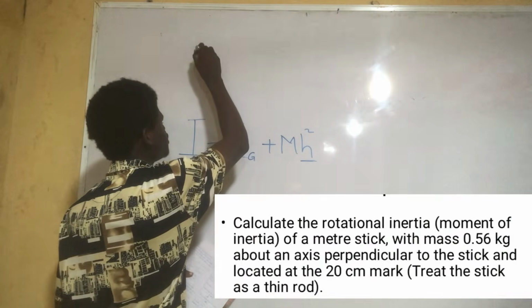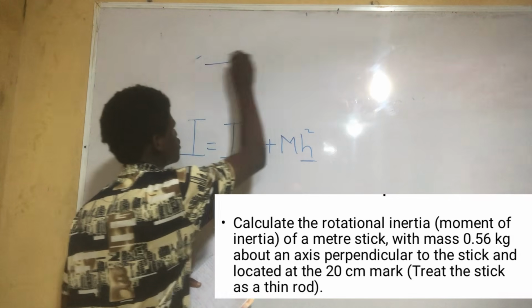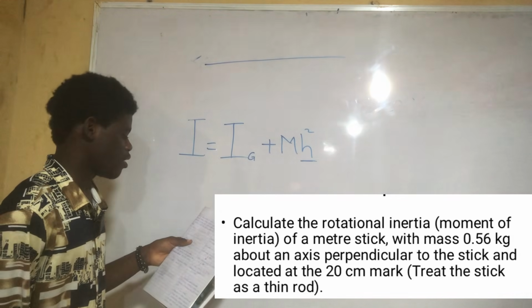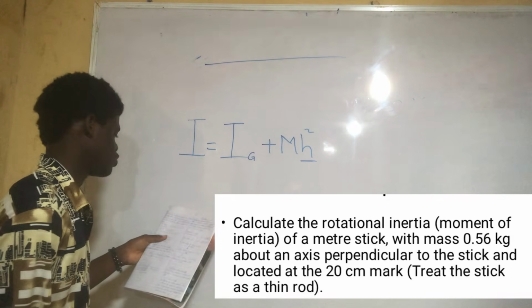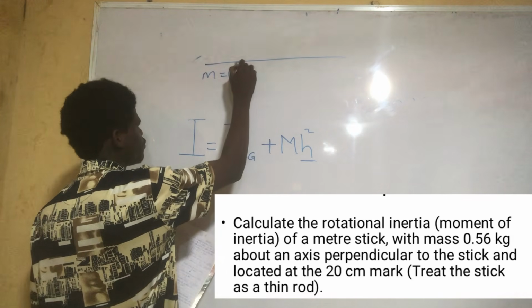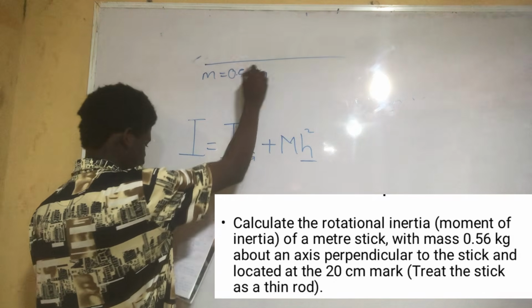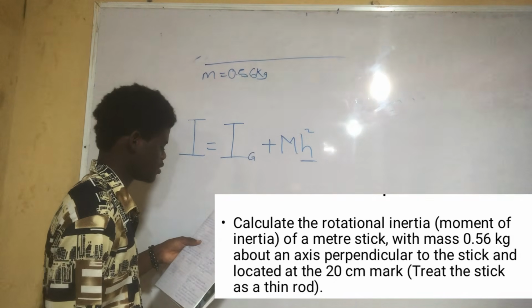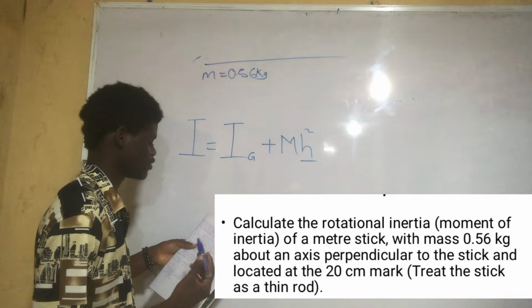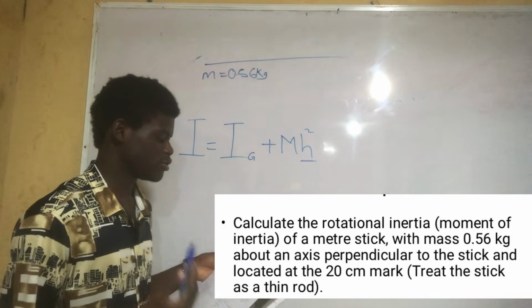So now we are considering a meter stick with mass 0.56 kilogram. The mass of the stick is 0.56 kilogram, about an axis perpendicular to the stick and located